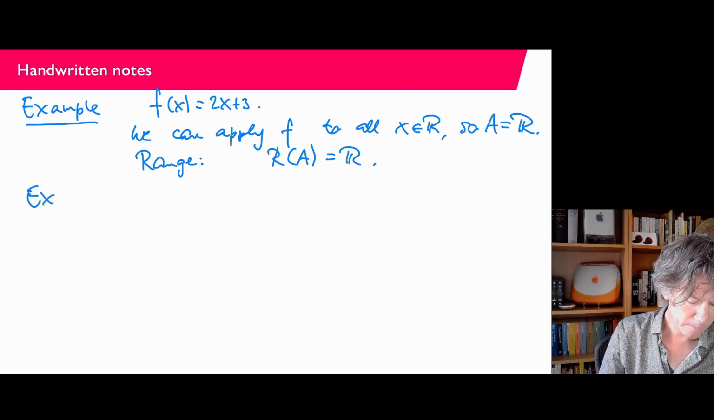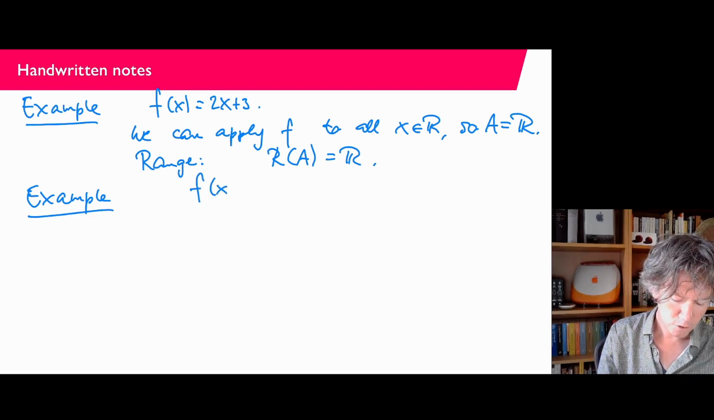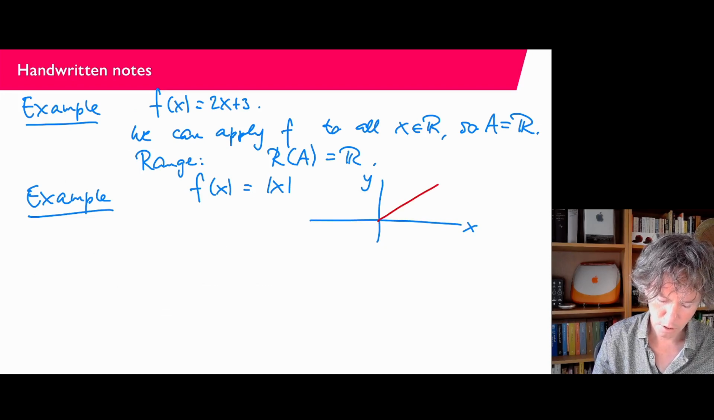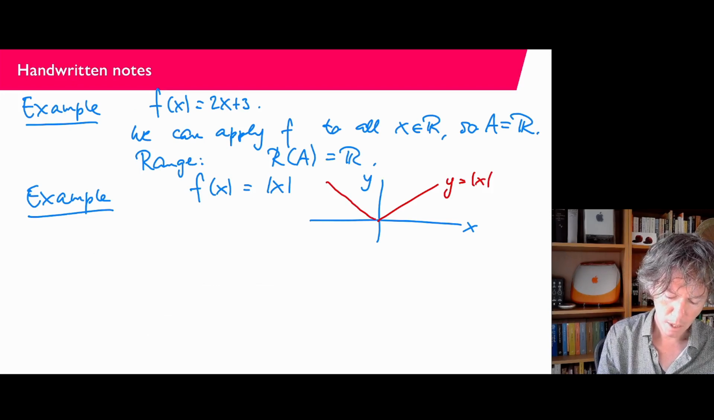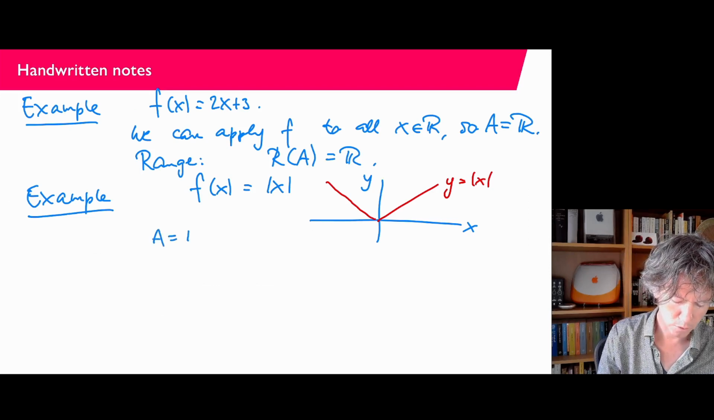Let's look at an example that is a little more interesting. I'm going to build up the examples in complexity. So we have seen in a previous video the absolute value function, and probably you recall what that looks like. It is basically the line y equals x for positive x values, y equals minus x for negative x values. So this is y equals the absolute value of x. And you can see that you can apply it to every real number. So the domain A equals R, and the range